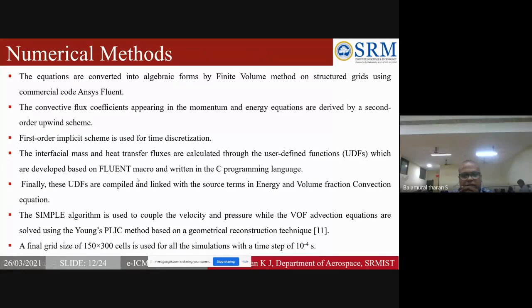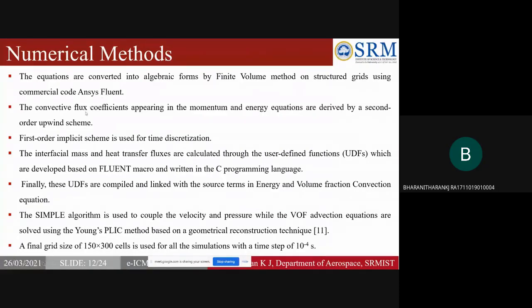Finite volume method, a lot of members already use the same method. Why do you use it again and again? Is there any other method? So, finite volume method is well-known and has been a robust method, used for CFD for a long period of time, and it is used in most of the industries, and it is known for its quality.